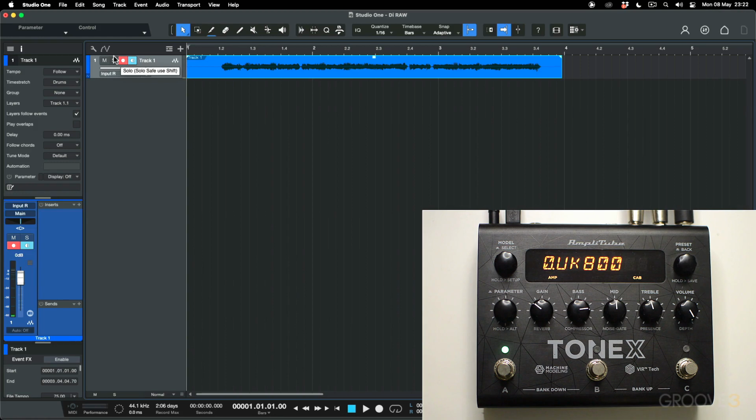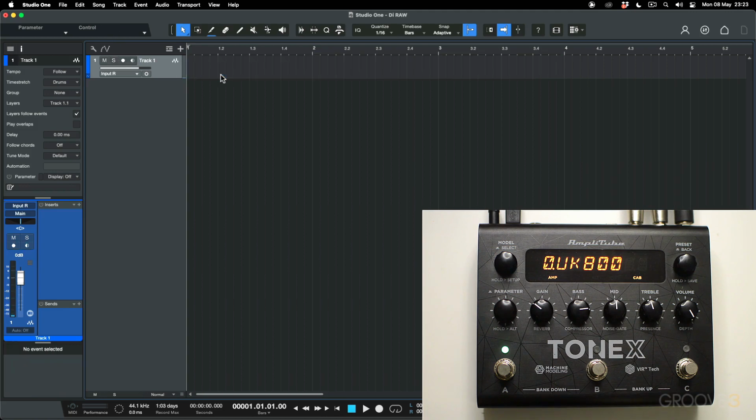But another neat thing is that you can use the Tonex pedal as an audio interface. And what you can do with that is with the two outputs, you can record the processed signal and the raw DI signal so that you can use that to reamp it at a later stage in your production. So let me show you how that's set up. So I'm just going to undo this track that I've recorded here, and let's go over onto the Tonex pedal,